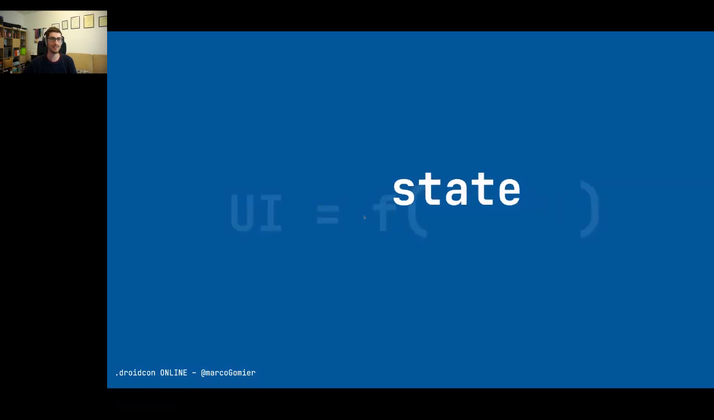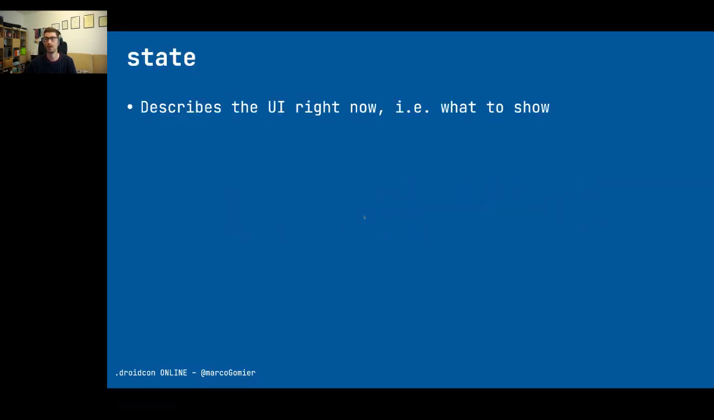The state is basically a description of the UI that we want right now, in this specific moment. So for example, the state A that we have seen before is the state associated with the loading screen. And instead, the state B is the state associated with the success screen. And the two states are independent of each other. So the state A doesn't know anything of the state B and vice versa. And there aren't any references from the state A to the state B and from the state B to